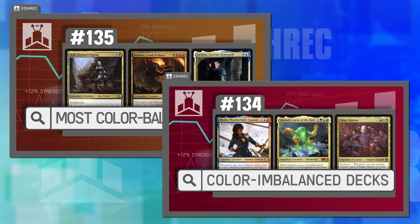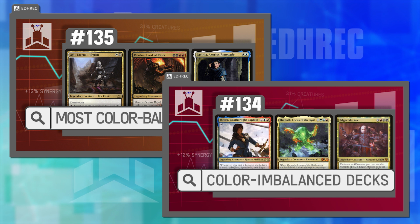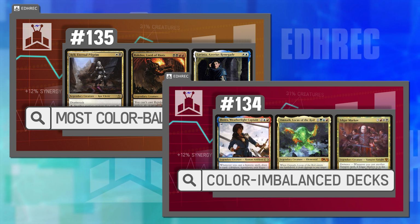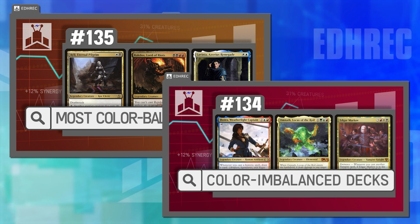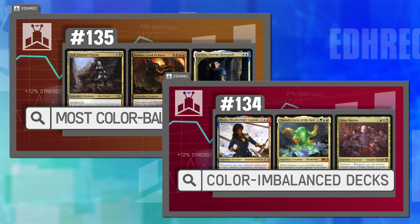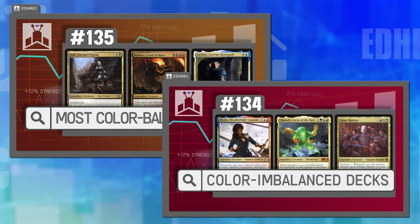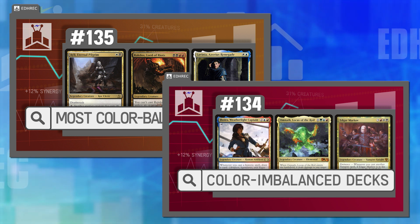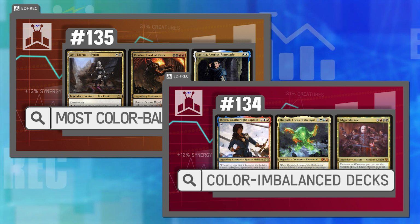There might be a whole bunch of white cards and a whole bunch of black cards, but there are very, very, very few red cards in a Mardu deck, for example, just sort of on average. The balance is shifted away from red, but when it is allowed to just be on its own, the ways that red cards are good help out other red cards. So that is what allows it to flourish as a single color, just like with black, in a way that maybe the other colors work more cohesively with, when they're in a three-color deck, for example, but not necessarily on